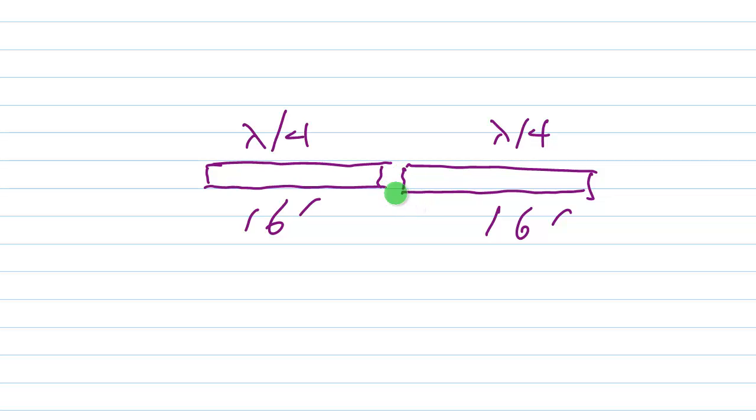But there's another way to feed an antenna like this that is very interesting. Suppose that instead you run your coaxial cable through one of these pieces of tubing and you connect the shield of the cable to the side through which the coaxial cable runs, and you connect the center conductor of your coaxial cable to the other side. And then you simply turn that whole thing on its end so that instead of horizontal, it's now oriented vertically. Then you get